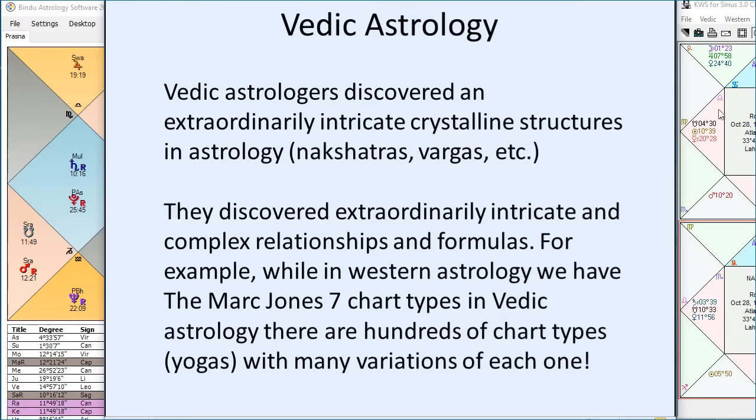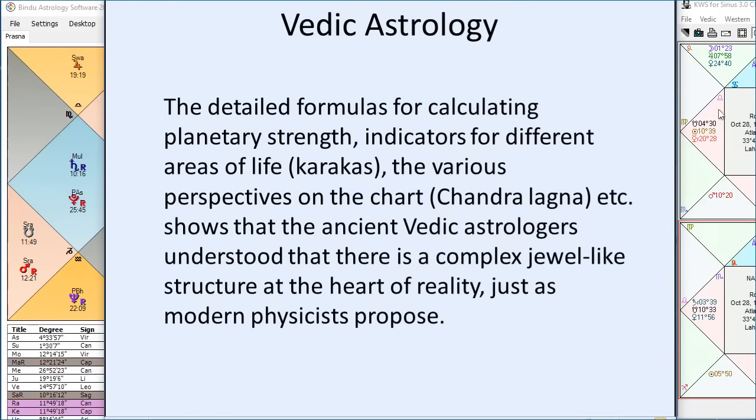And then within each of these yogas, there are many variations, things that modify or can even prevent the full flowering of that yoga from developing. And then they have their predictive system of dasas, which again tend to be discrete time periods. So there's an emphasis in Vedic astrology on things being discrete and well defined, or what I called in that first video crystalline. And then during a certain dasa, the capability of certain planets and signs comes out. So it's just an amazingly sophisticated and intricate understanding of the crystalline structures in astrology, which, as I pointed out in that first video,